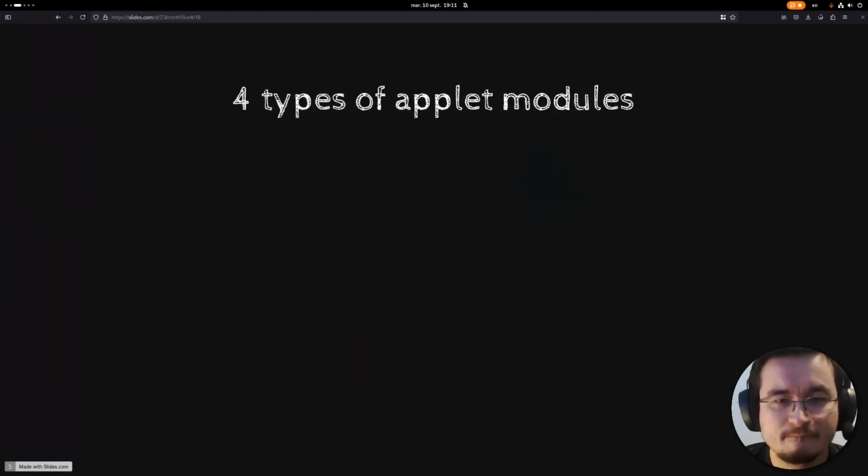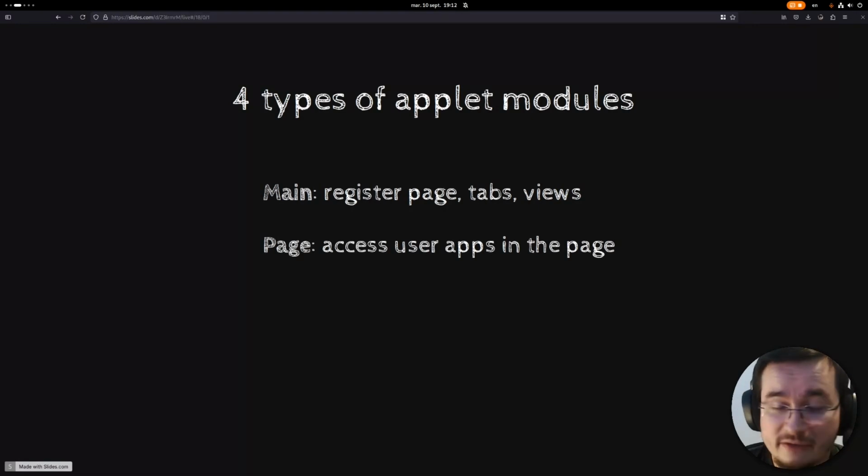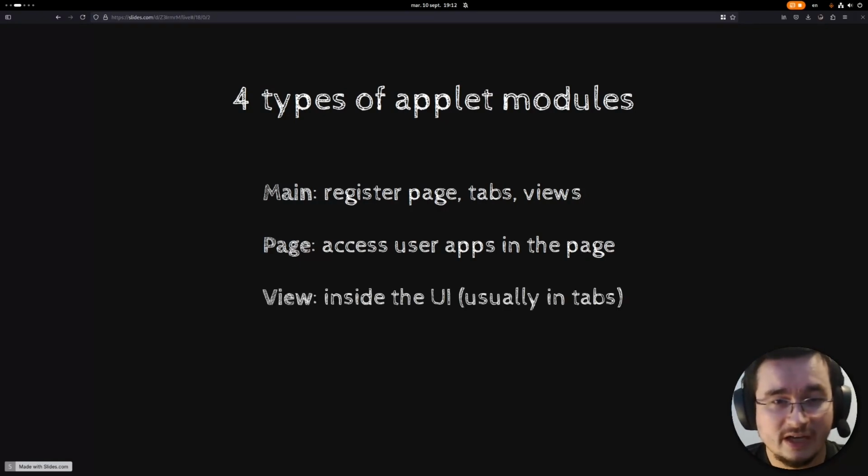Currently there are 4 types of applet modules. The main one is going to be the one registering the page modules, and also the tabs in the DevTools, the views, the commands, and basically the main API for the applet. You can also have page modules, which are gonna live in the same context of the user application, so you can interact with it. And then you're gonna have view modules, which are basically the visible part of your applet.